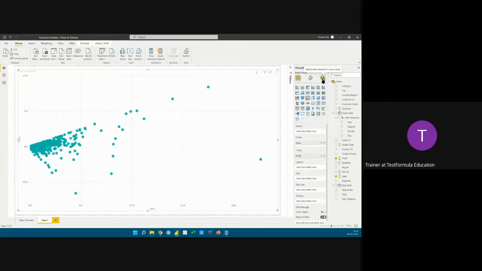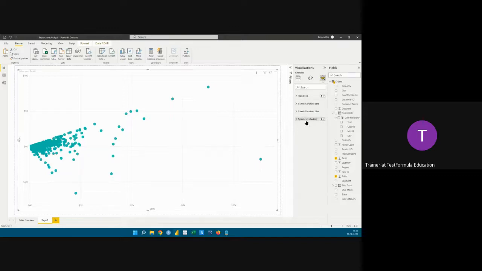So we'll go to this analytics section, and here you can notice that we have four options. By the way, this analytics option is only there for a scatter plot and a line chart. You won't find it for, for example, a bar chart, or even if you do, the options will be very, very minimal. So you have four options: trend line, x-axis constant line, y-axis constant line, symmetry shading. In our case, you want to create a kind of quadrant where we'll say that